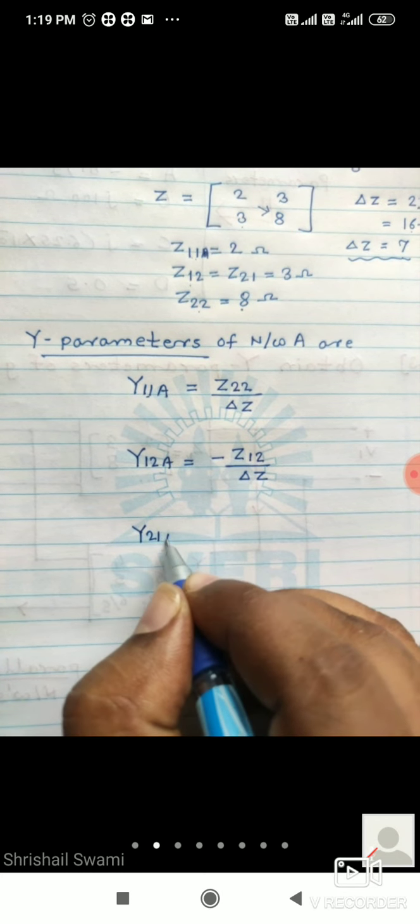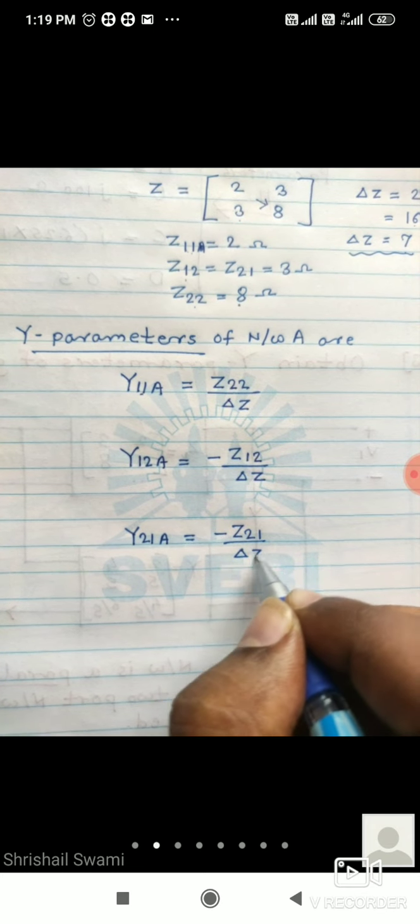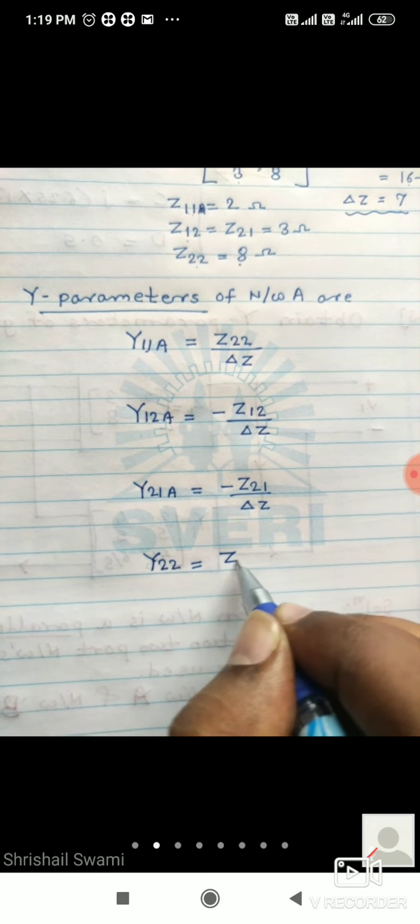Then Y21 of A is equal to minus Z21 divided by delta Z, and Y22 is equal to Z11 divided